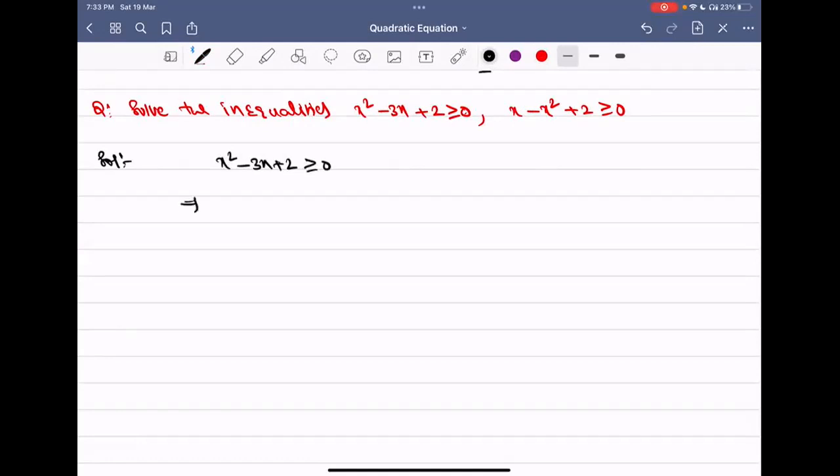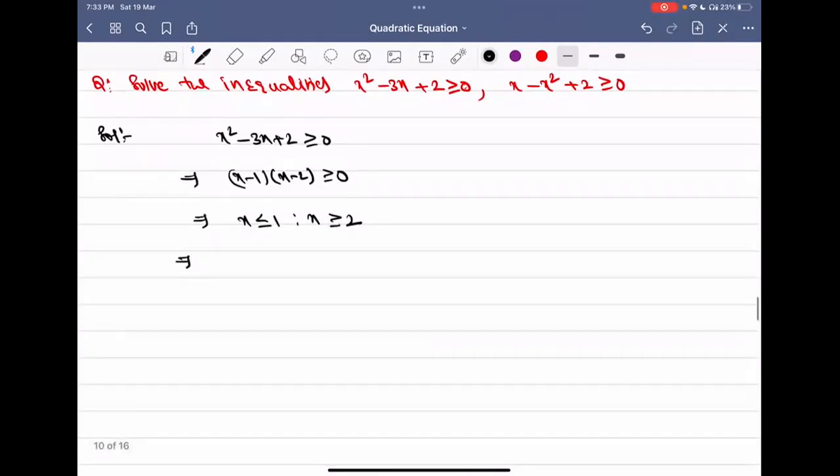If you factorize, it is (x minus 1) into (x minus 2) is greater than or equal to 0. So (x minus 1) into (x minus 2) greater than or equal to 0 means x never lies between the roots. x lies outside the roots, means x is less than or equal to 1, comma, x is greater than or equal to 2. So you can write this as x belongs to minus infinity to 1, union 2 to infinity. So this is the solution for the first inequation. Give this number 1. Number 2,